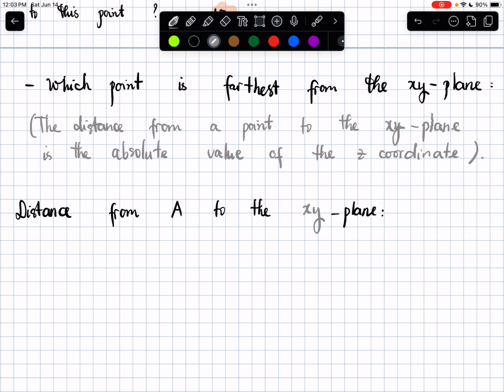So the distance from A, from B, from C to the XY plane is,